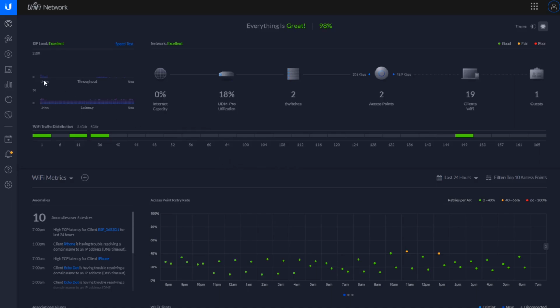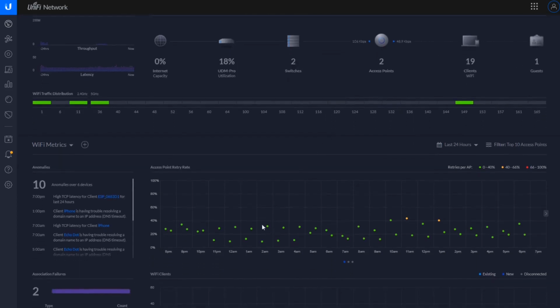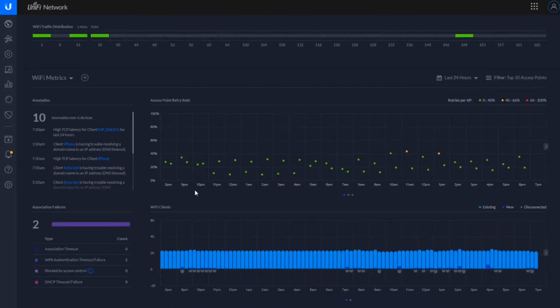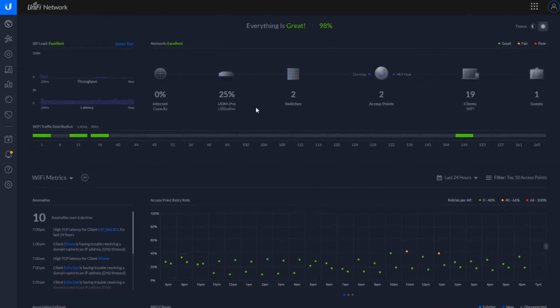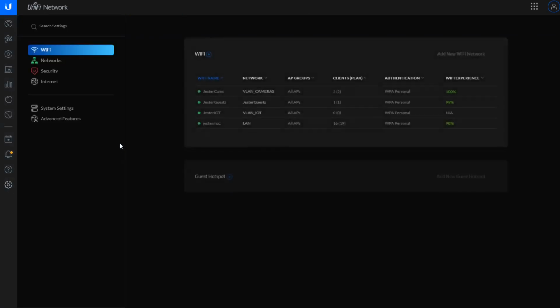You see your latency, you see your throughput, your UDM utilization, the number of your switches, number of your access points, the current Wi-Fi clients and your guest clients. And down here you see your access point retry rate, and your Wi-Fi client count. If you want to switch to the modern